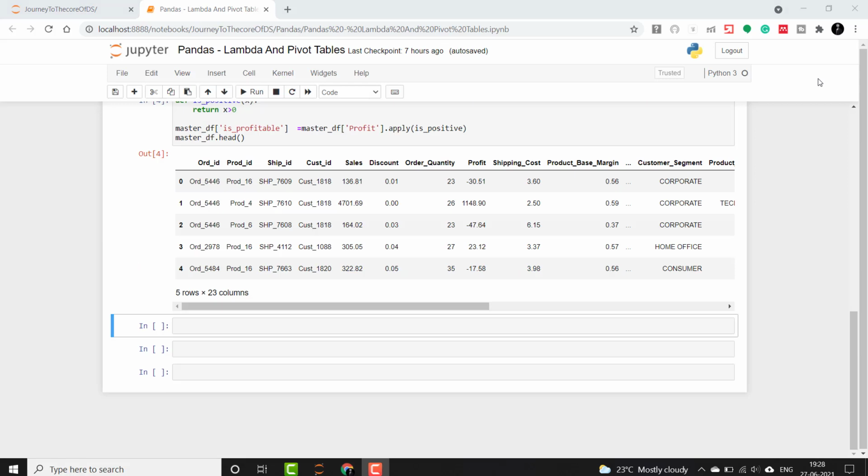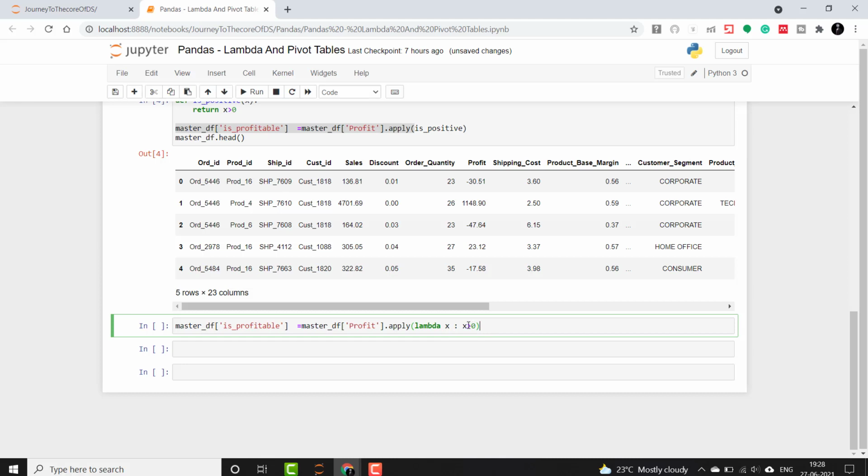This same thing can be done in just one line of code using lambda functions, guys. So let me just copy this. As we all know how lambda is written, we'll say lambda x colon x is greater than 0, where x is the input part and x is greater than 0 is the output we want to show.